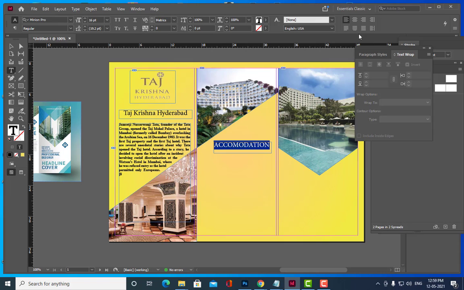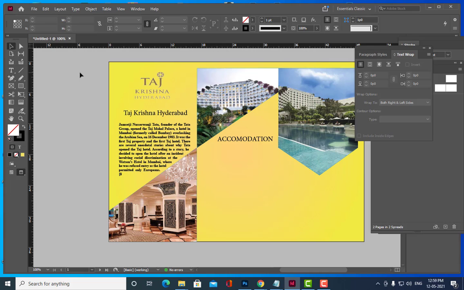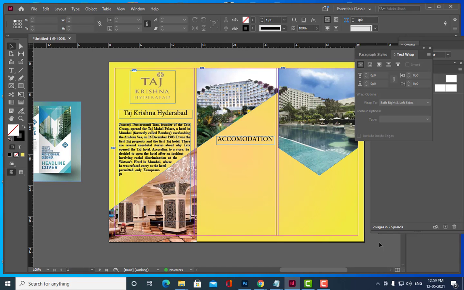Okay, so we can center align this. Then what is the next thing we can do? So we can put the accommodation, meaning bookings, etc. Something like this.